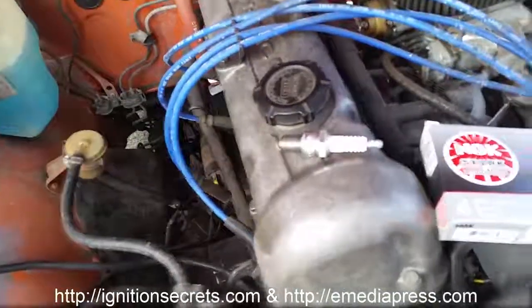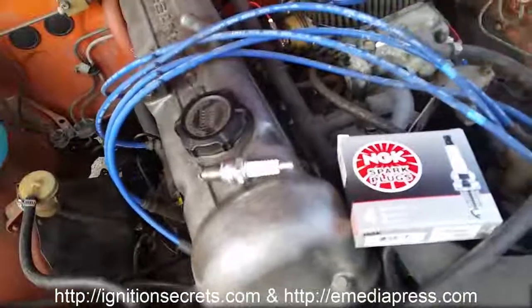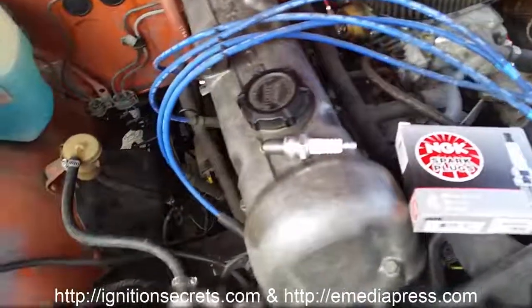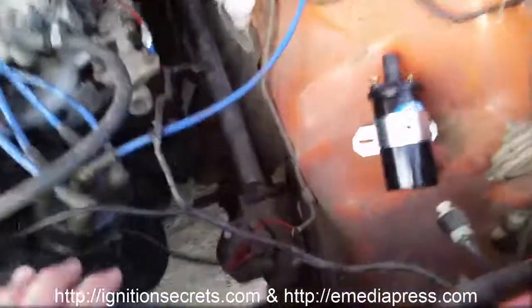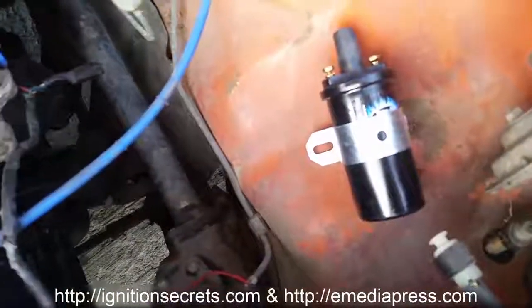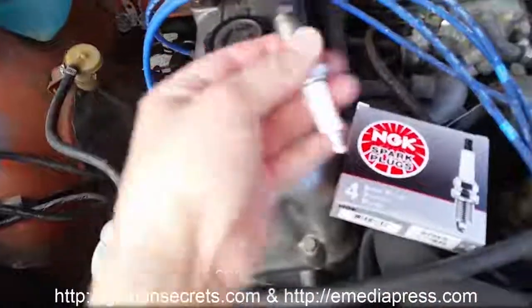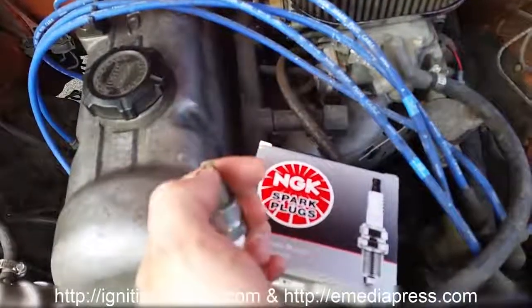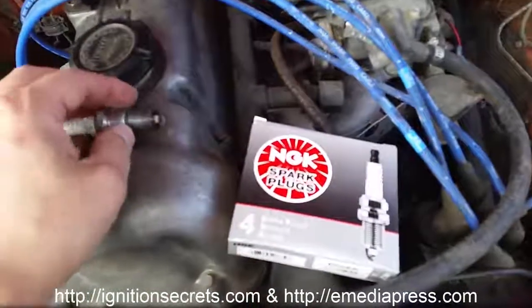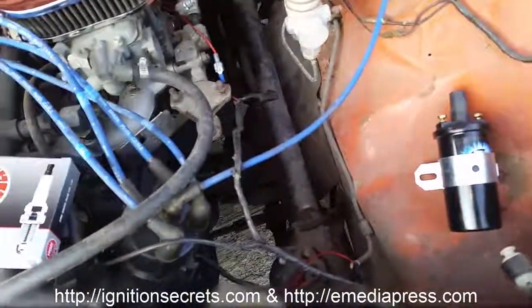The plasma is going to bypass the distributor and the cables, and it's going to go straight to the plug. But that initiating CDI spark, I want that to at least be as strong as possible. So non-resistor plugs, non-resistor cables, a low impedance, low resistance ignition coil, and that'll be the first step. And then of course I'm going to modify the strap on the non-resistor plugs. I'm going to cut these about in half so that it's fully exposed, and I'll have a little bit wider gap. And once that's done, then I'm going to be putting a street